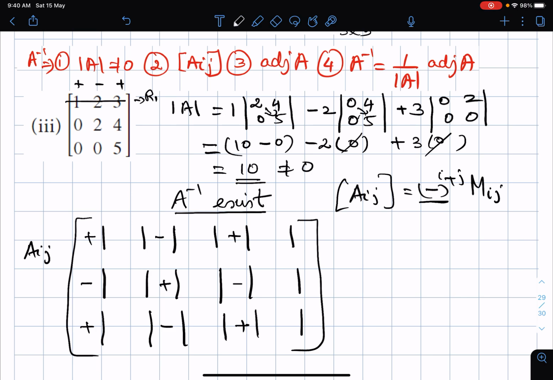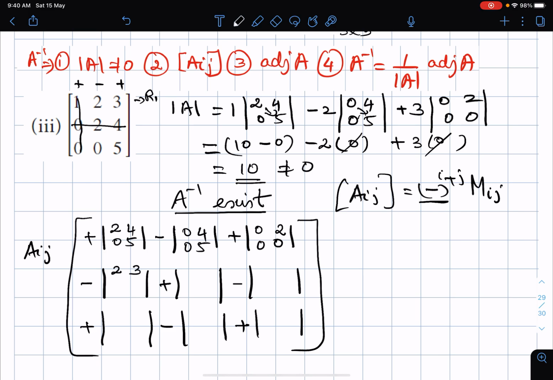So you can copy those minus. So first it's going to be 2, 4, 0, 5, 0, 4, 0, 5, and 0, 2, 0, 0. So you can directly go to your second row, because the first row you have already written. Now coming to the second row, first element, so delete your first column, and the elements in the minor are